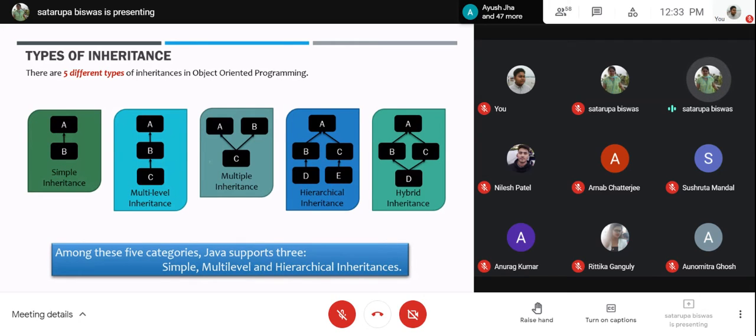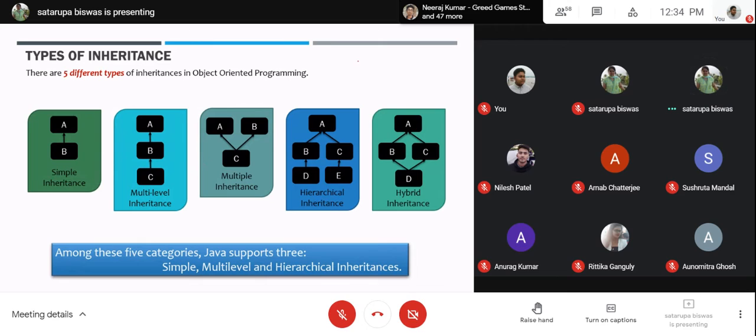The first category we have already executed in our program. This is called simple inheritance, when one class is inheriting the properties of another class. B is inheriting the properties of A. So this is called simple inheritance.